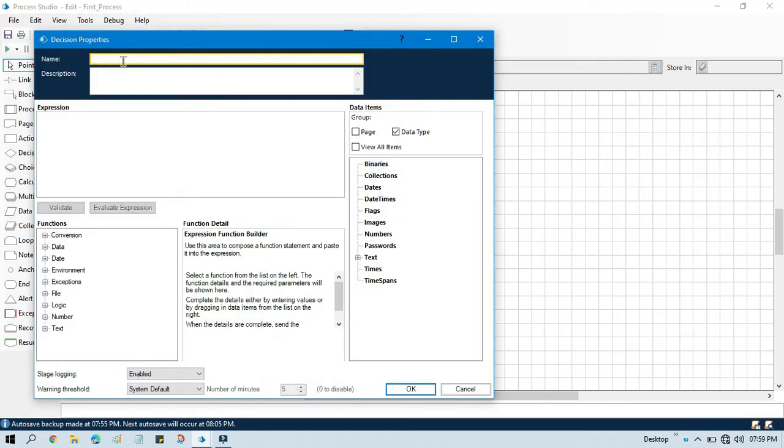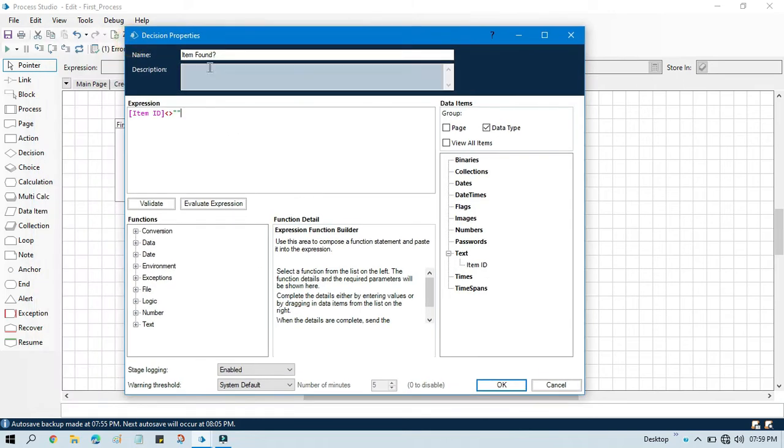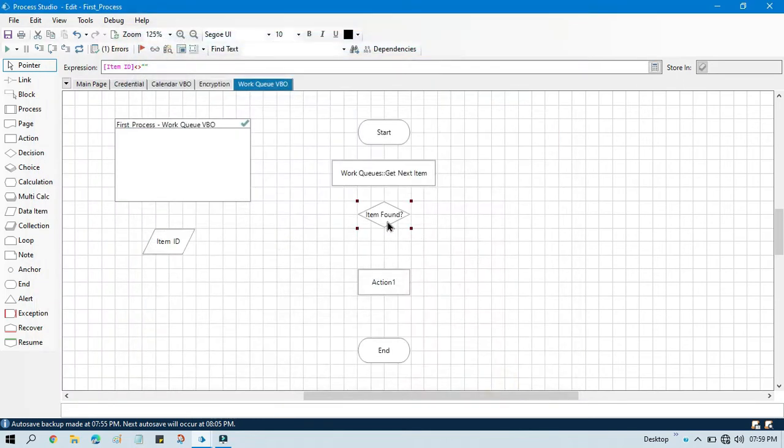Here, double click on that. We'll write here item found, and here we'll write the variable item ID not equal to blank. It means if we have data, then copy item. If no, then go to end. So we'll take here